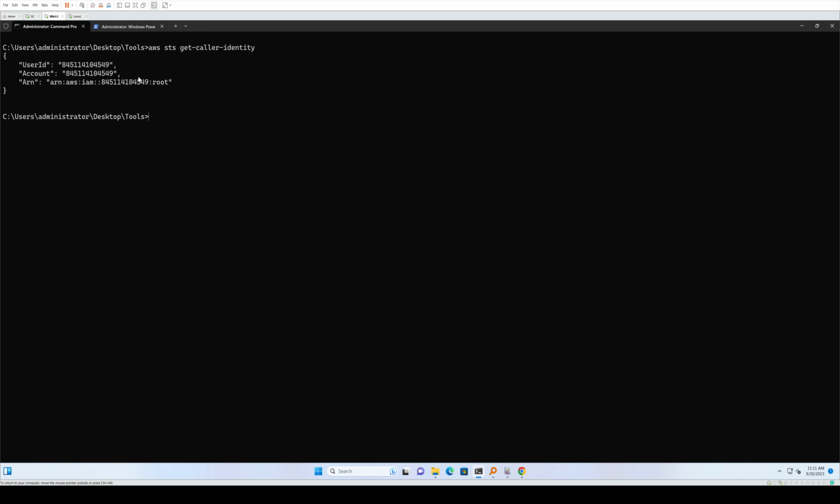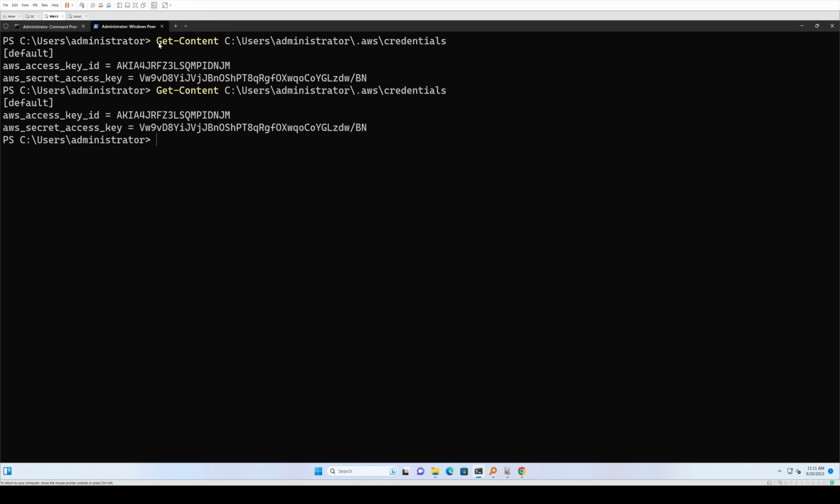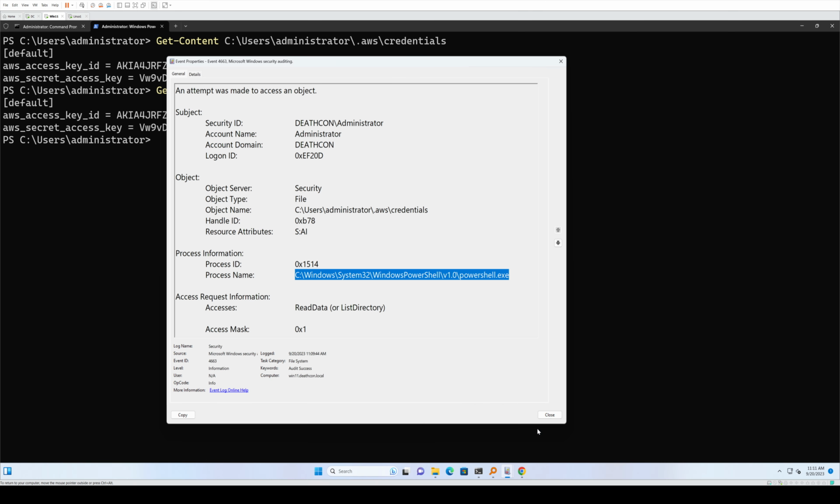So to quickly recap this section, we confirmed that this particular workstation is authenticated to a cloud service, in this case, AWS. We then used just a simple PowerShell command to grab the credential contents of the token that is used by the AWS CLI to authenticate to AWS. When we did it the first time, there was no telemetry generated by default. However, we went ahead and set a SACL audit on the file, where when we accessed the file again, we got